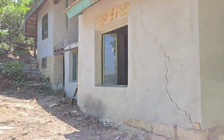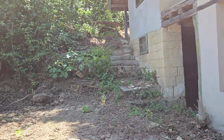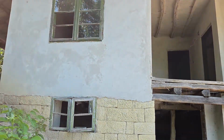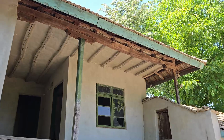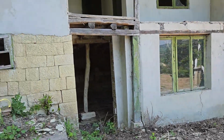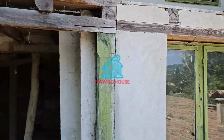Next door I have lots of fruit gardens on the side, lots of fruit trees, and this is the number 3 house. And after we will take a long walk so you can see the rest of the land, which is not building land, not in regulation, it is agriculture land. The owner tried to keep all the nice old authentic pieces in this house, and we will have to climb on that step up ladder to see